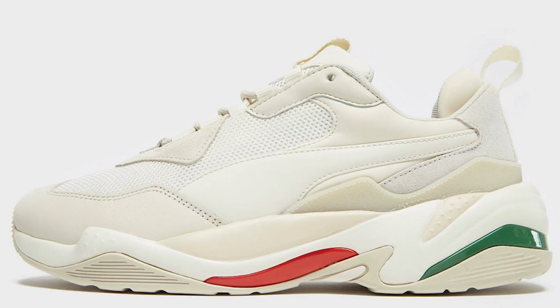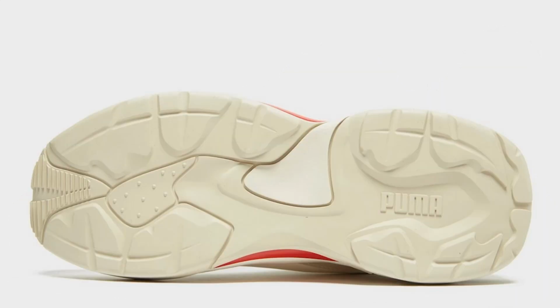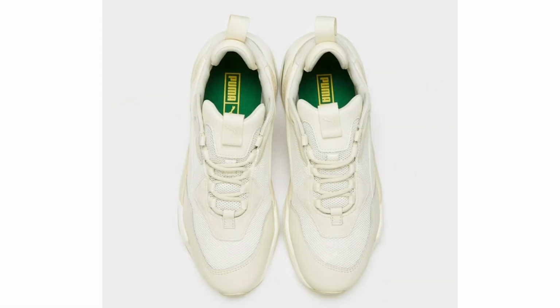Coming in at number 8 is one of my favorite Puma sneakers of all time. It is the Puma Thunder Spectra, this time in the Italy or Gucci colorway. Now, the reason people call this colorway the Gucci or the Italy is because, well, the colors, the flag, you know, green, red, white. But when it comes to the Gucci sneakers, that Gucci Rython or something like that, it's